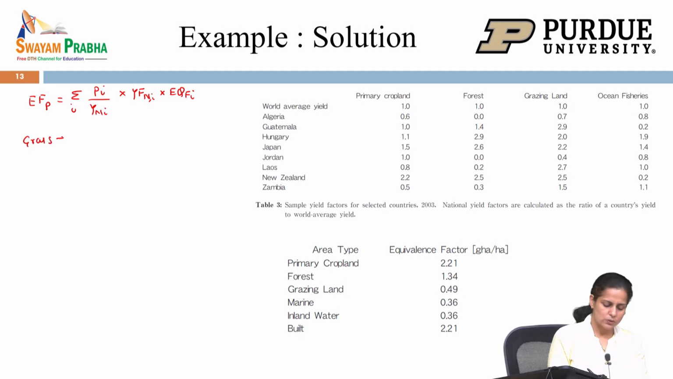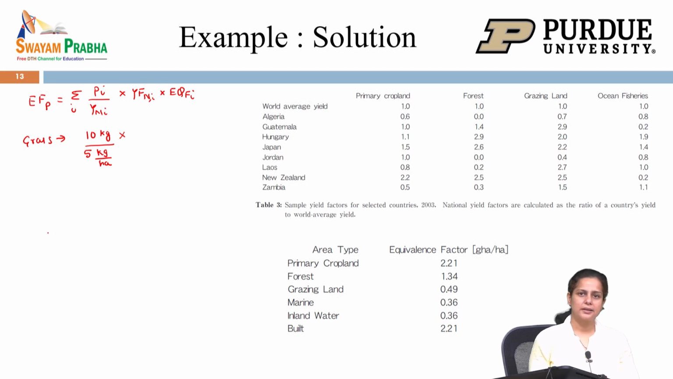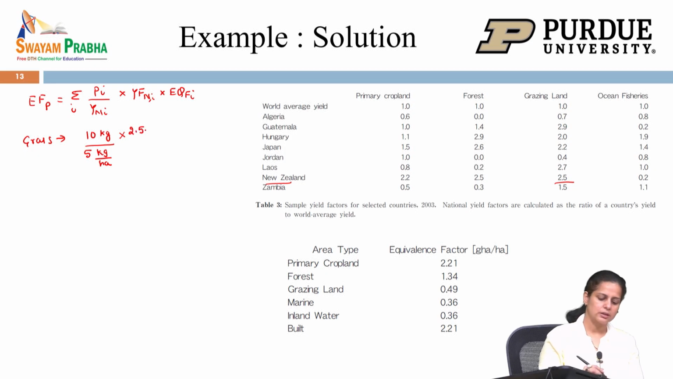So, for grass we had 10 kg as the input to the process for the production, and the average productivity of the grassland was given as 5 kg per hectare globally. And then we are saying that this product is being obtained from New Zealand. So, our productivity factor or the yield factor for New Zealand is 2.5. So, if I have to get the proper hectare, it is going to be multiplied by 2.5, and that converts it into the hectare for New Zealand, and then we multiply by the